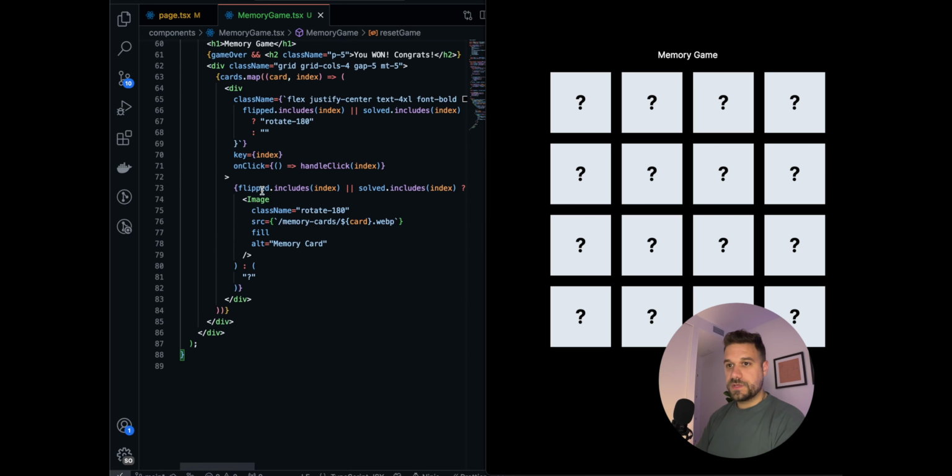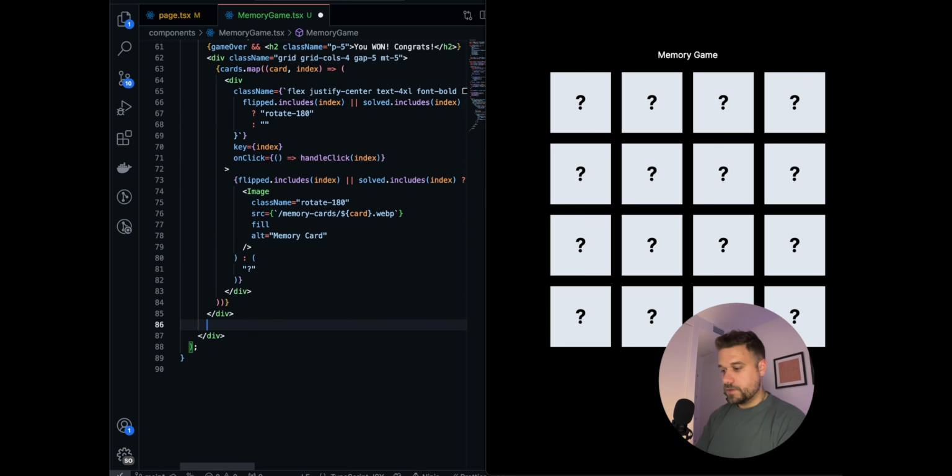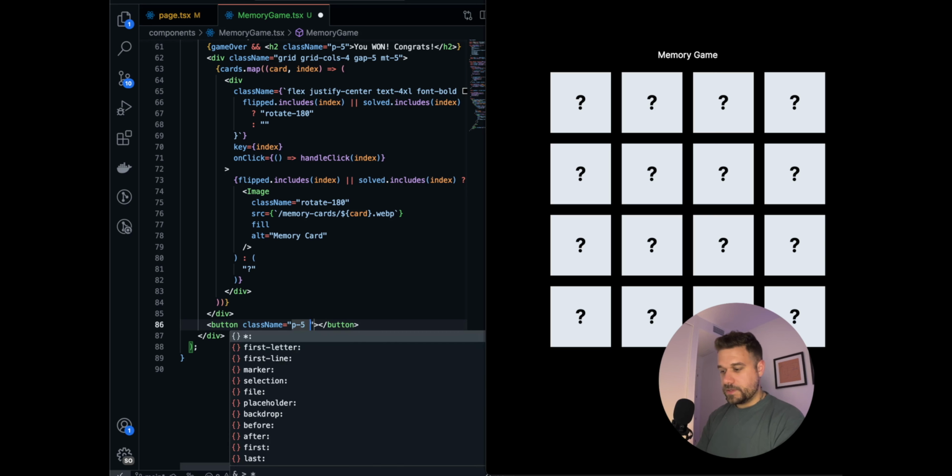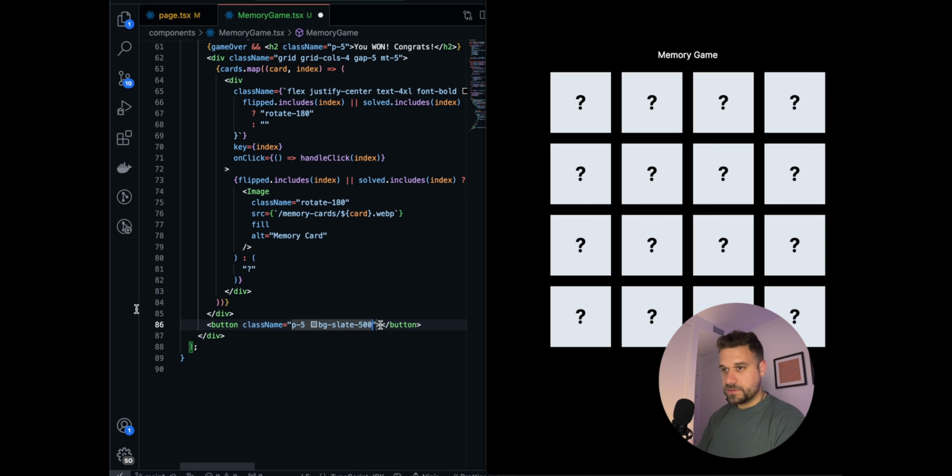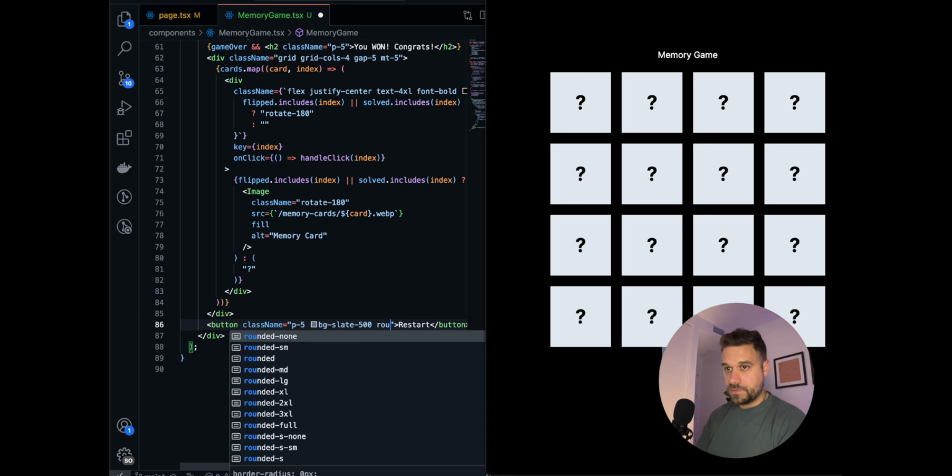That one should reset the game. We can create here a button. Let's quickly just put some padding and also the background. We can put some 500 like this and say restart. There it is, little bit rounded,